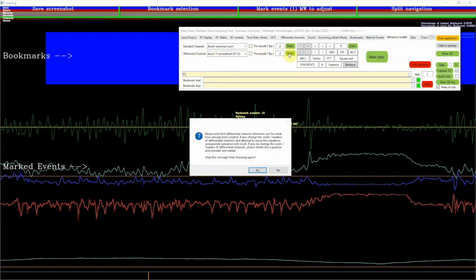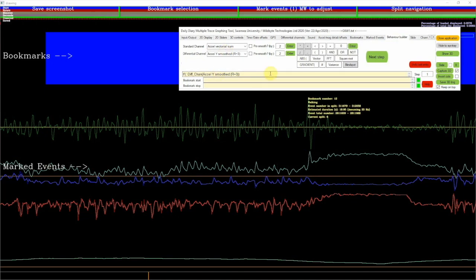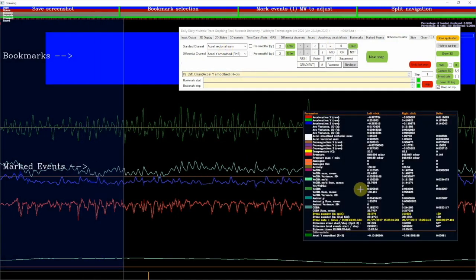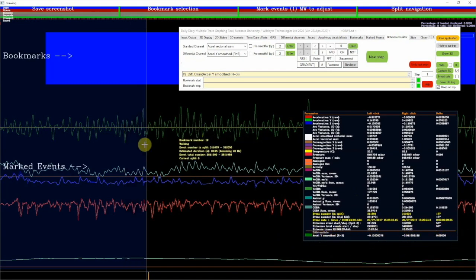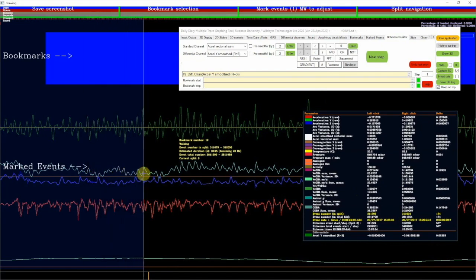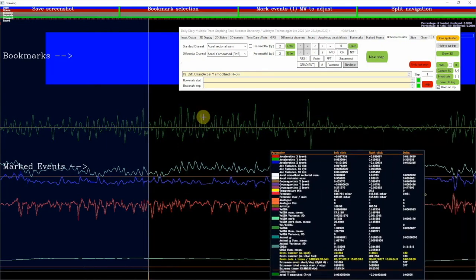If we click enter, click yes for now, and let's give it a value. Not only is the differential channel on the drawing, we also have values for it in the display at the bottom here. Let's look at the values that coincide with the steps. So we got highs of 0.2, lows of 0.05, and then more interestingly,